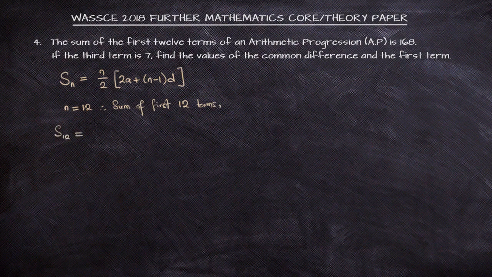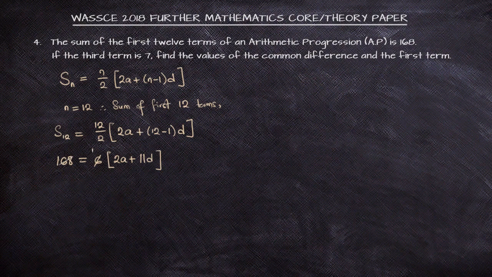So now, when we are told that the sum of the first 12 terms is 168, that means n is 12, the number of terms, and S12 is 12 over 2 into 2a plus n minus 1 d. n is 12, so 12 minus 1 d. So S12 we have been given to be 168, 12 over 2 is 6 into 2a plus, now we have 12 minus 1, 11d, and all this is equal to 168. 6 can be used to divide 168, and we'll have 28, such that we have 2a plus 11d is equal to 28. And we can call this equation 1